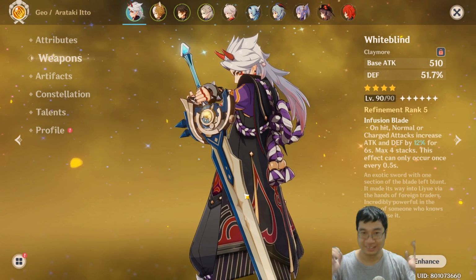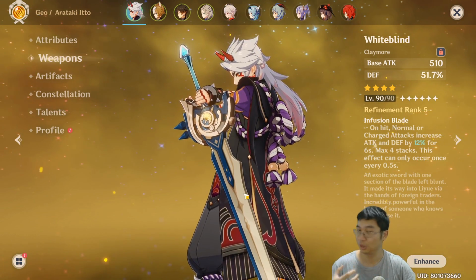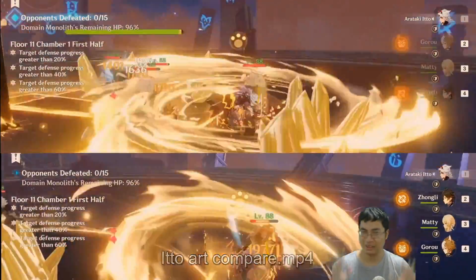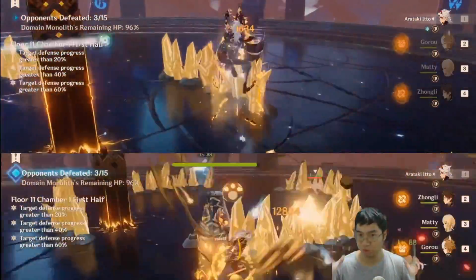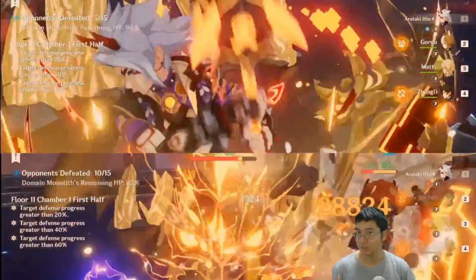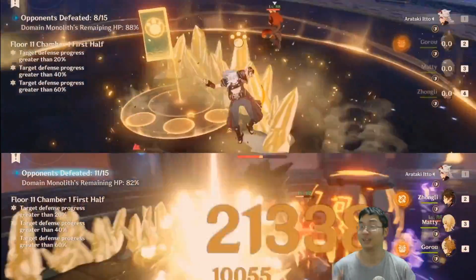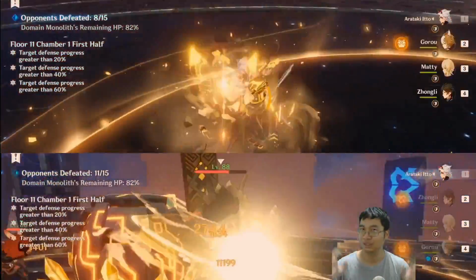Welcome everyone. Today we'll have a special review on the latest character Itto and also whether he's worth it. In this video, I'll be comparing Itto with different artifact sets, with different weapons, and also using different teams. We'll go through a number of team compositions and also compare what are the best builds for the free-to-play Itto. So this is focused on low spending and also getting the most damage and most synergy out